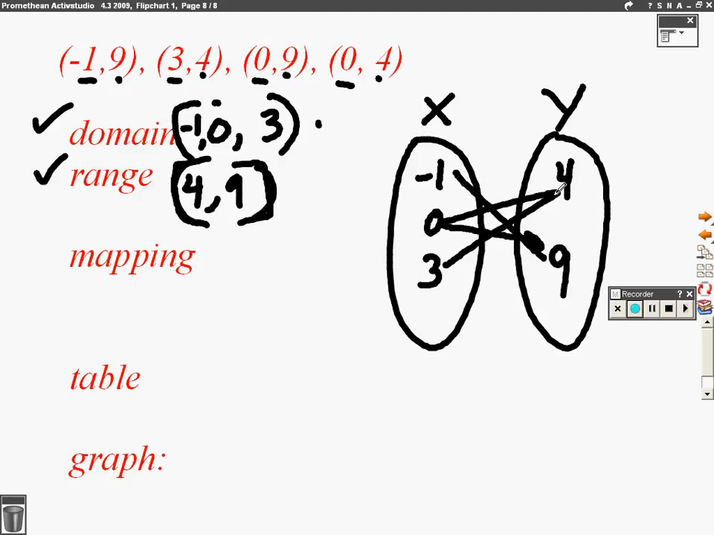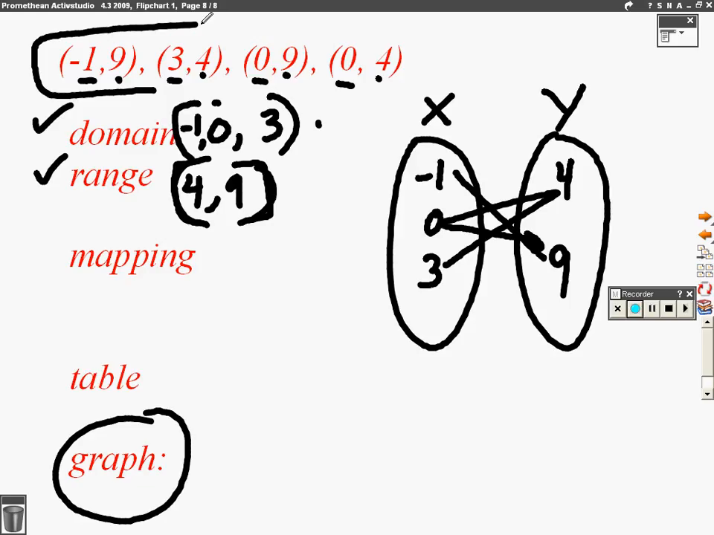And graphing is self-explanatory. That's the fourth way that you're going to represent it. And again, you've got to know how to graph. You just graph these